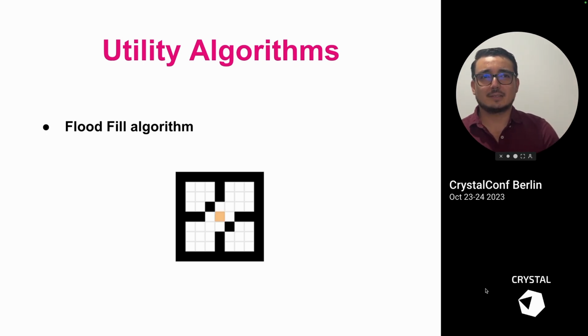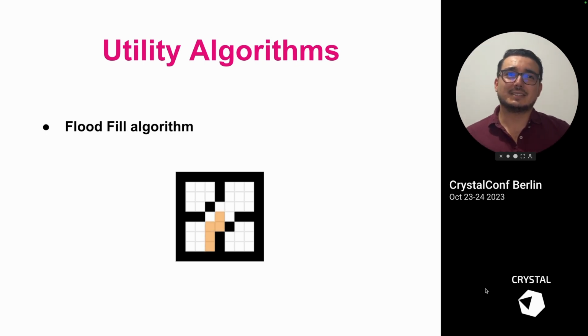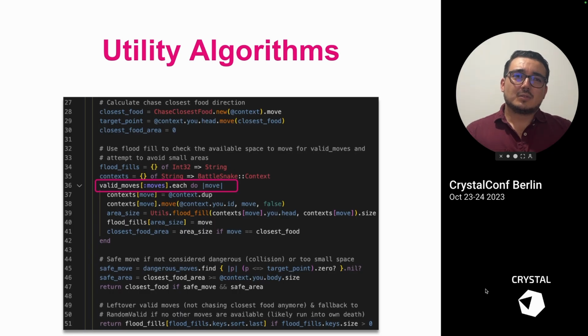Other utility algorithms that I have implemented in this project are the flood fill algorithm. This algorithm allows you to understand how much open space or open area you have in a specific point on the map. So this little animation out there tells you, from a starting point, how many blocks you can actually arrive to. This is useful for